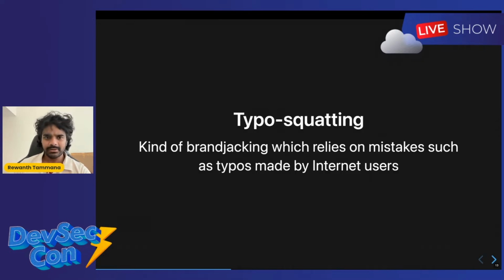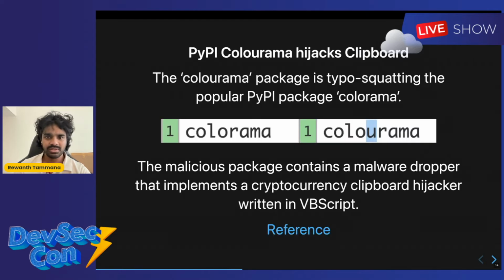And there is another attack called typosquatting. It's mostly based on brand hijacking, where they just tweak 1 or 2 letters in the package names and try to release a false package. For example, Colorama is one of the PyPI packages, but the attackers released something with the spelling CYLOUR, which is mostly used in US terminology. And this package has a malware dropper that will come onto your machine.